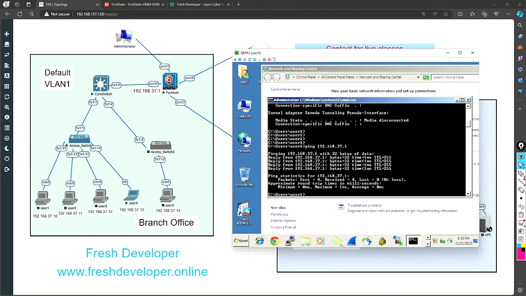So now my traffic is clear from this machine to this machine, right? So this is my IP, and from here I'm pinging this IP, 37.1, and I'm getting the response. So it means that my traffic is through. There's no problem till now. So next thing, I have to make access to the internet, so that all these users should be able